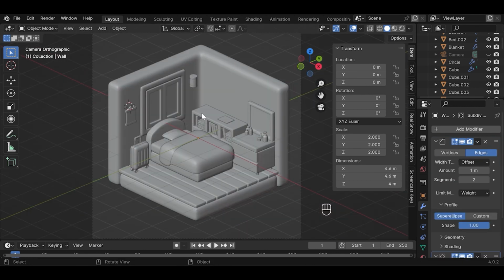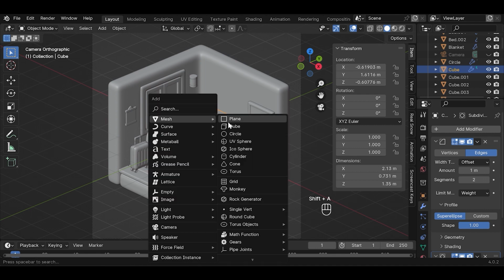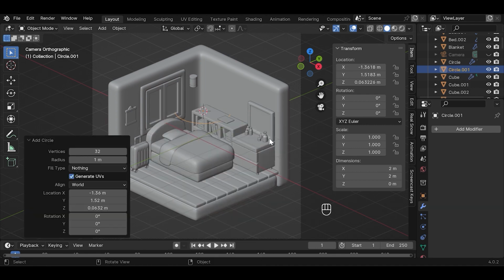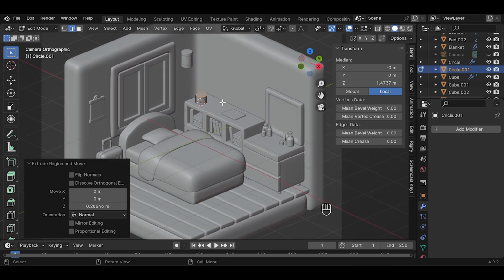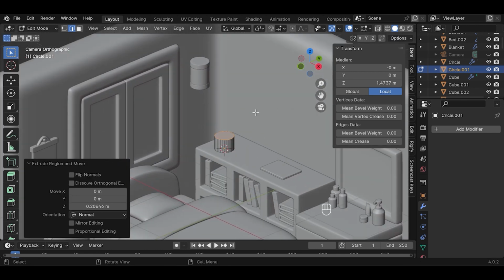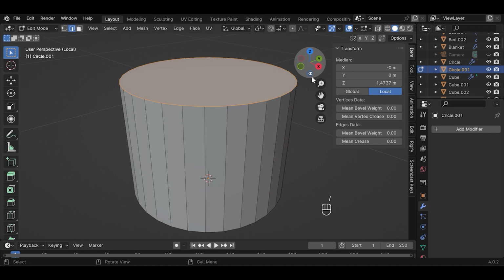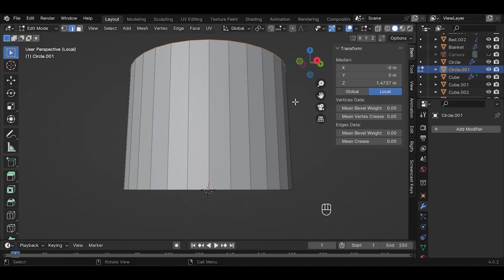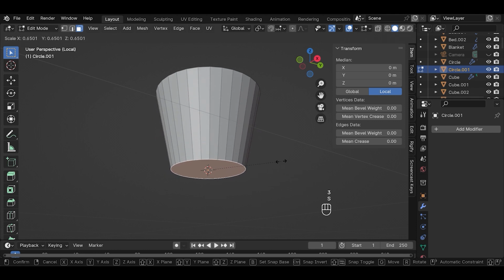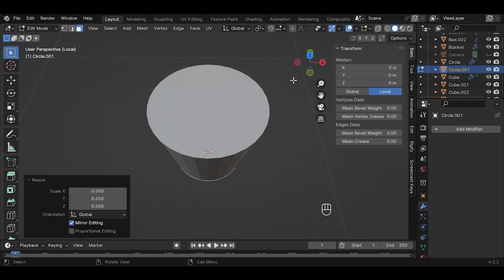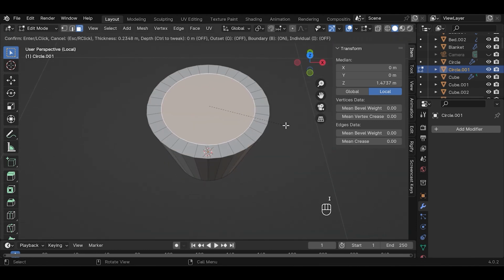Let's add a plant here on the shelf. Shift A to add a circle, S to scale it down, go to edit mode, F to fill it, and E to extrude up. Select the bottom face and make it smaller. Select the top face, I to insert,